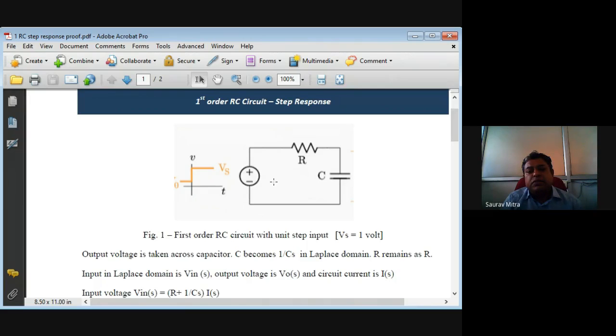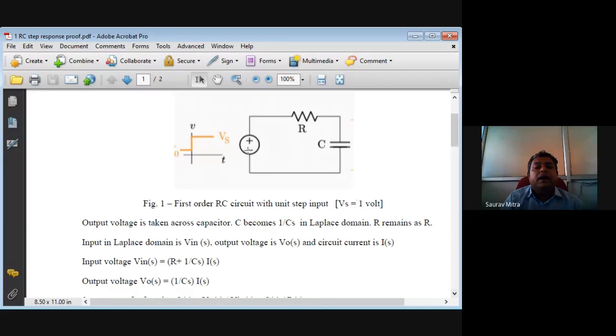Now first thing what we have to do is, this is input voltage Vin, output voltage is VO. It is not mentioned here, but if you are writing in some assignment or exam, you have to write that. So this is Vin, this is VO. Vin is the input voltage and VO is the output voltage. And obviously the response has to be found in time domain. So x-axis has to be t. So this is first order RC circuit with step input.